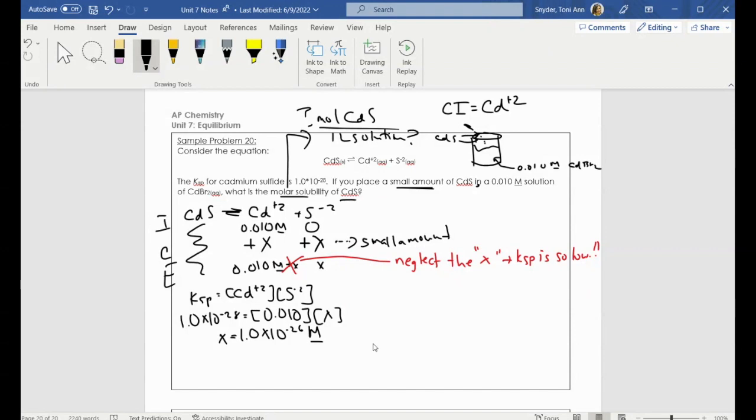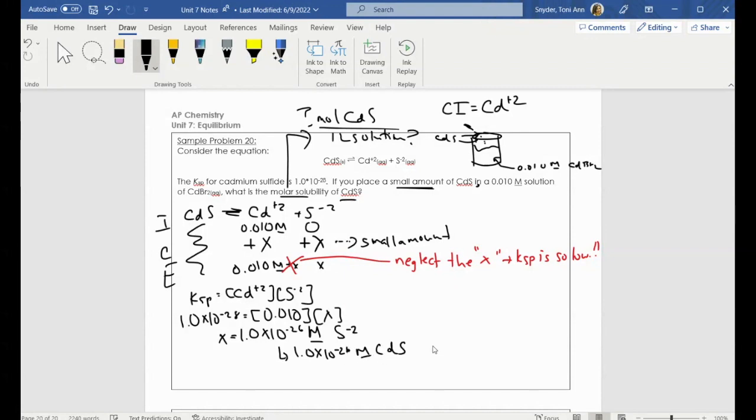If I consider, what does this mean? This is my concentration of sulfide ions, technically. That's my molar concentration of that. But because this is a 1-to-1 mole ratio, 1 mole of sulfide ions is produced from 1 mole of cadmium ions. This also means that this is my concentration